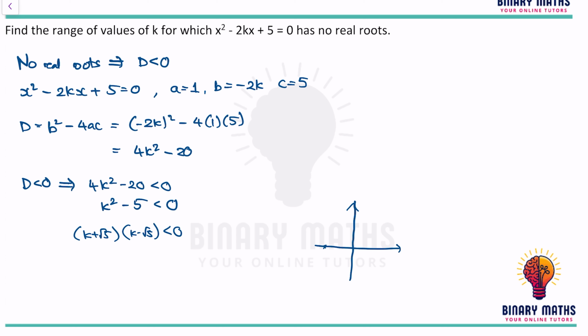So it's going through negative root 5 and positive root 5. We want the part that's less than 0, so we want this part of the graph, the corresponding x values at these x values, which means k must be between negative root 5